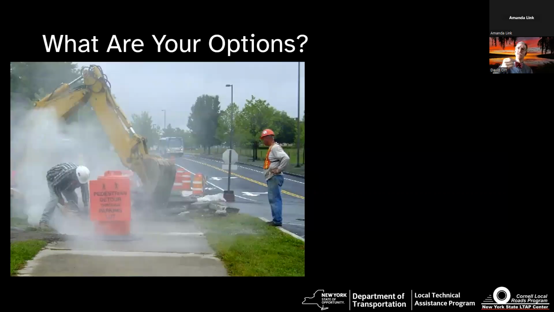How about this one? Here they put up a detour. They actually put in some chips on the ground so people could walk, and it's not great for rolling, but it'd be okay for a short term. But I think we don't have enough space between where we put people and where the work is being done. Think about separation, whether it's pedestrians or cars.